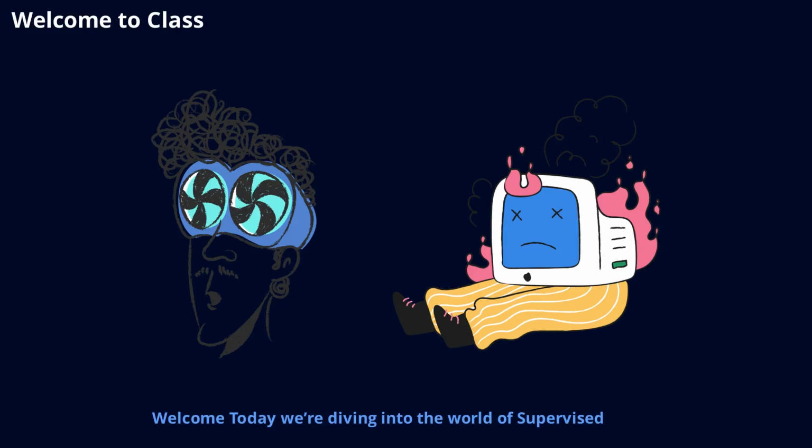Welcome. Today we're diving into the world of supervised learning, the most common type of machine learning. Imagine a bright modern digital classroom filled with blue and green tones where our friendly AI teacher is ready to guide you. As the title Supervised Learning Explained fades in, you'll notice a calm, inviting atmosphere. This is the perfect place to start your journey into understanding how machines learn from data. Let's get comfortable and prepare to explore the basics together, step by step, in a way that's easy to follow